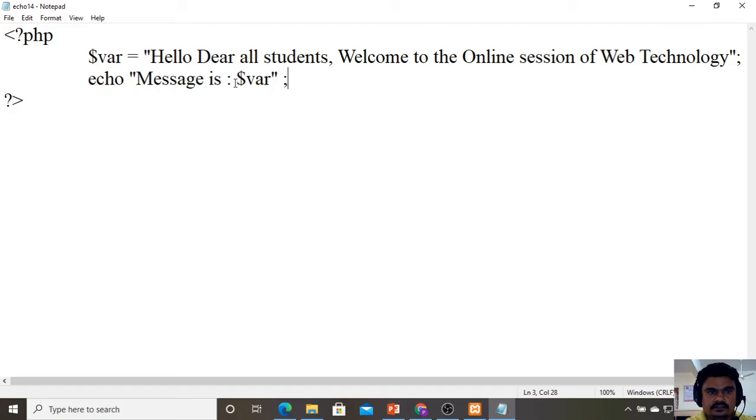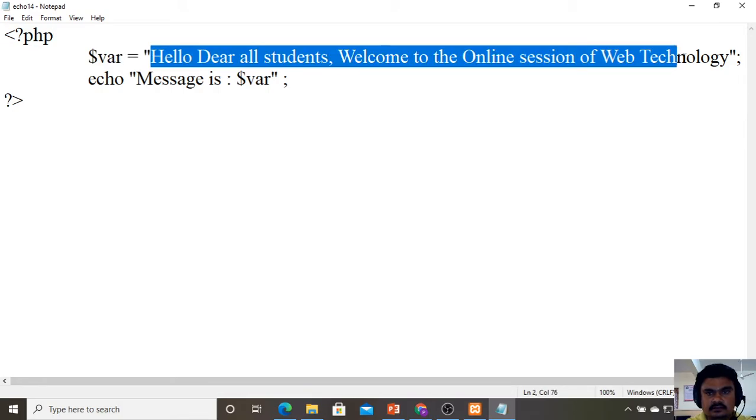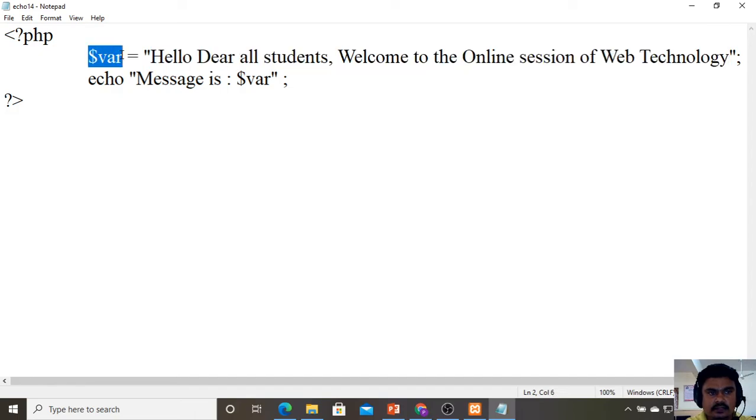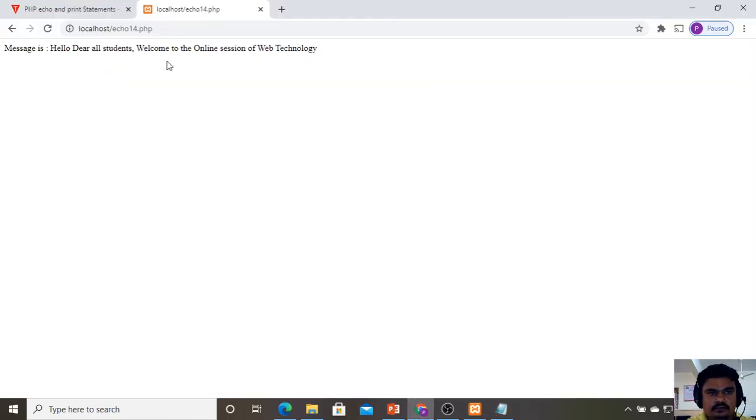This value is assigned to the dollar variable and I am printing only the dollar variable. If I try to print the dollar variable, it will print only its value, not the variable name itself. That's why I am getting the output "message is hello dear all students, welcome to online session of web technology." So this was regarding the echo statement.